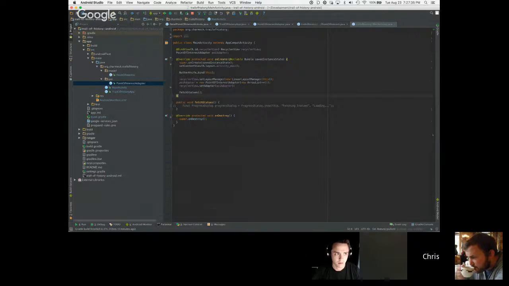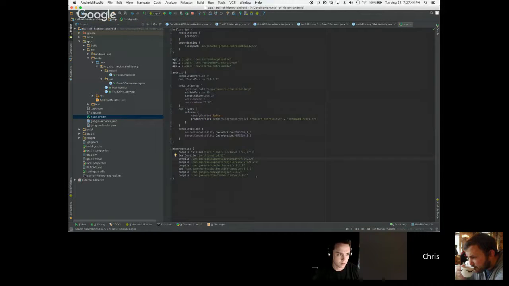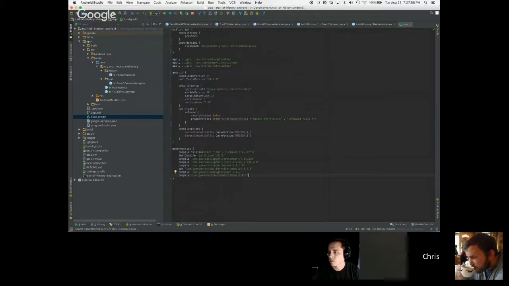Alright. So let's get back to adding in Firebase. So we need to do two things. We need to add the normal package, the auth package, and the database package right now. We actually don't need to do storage because